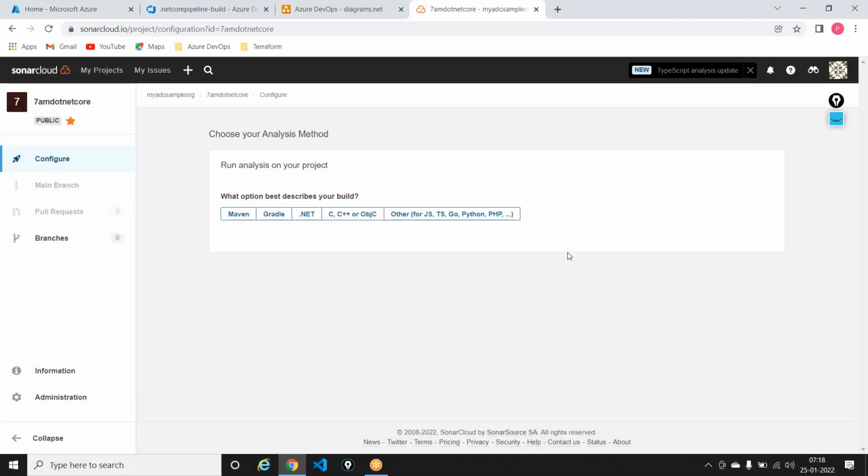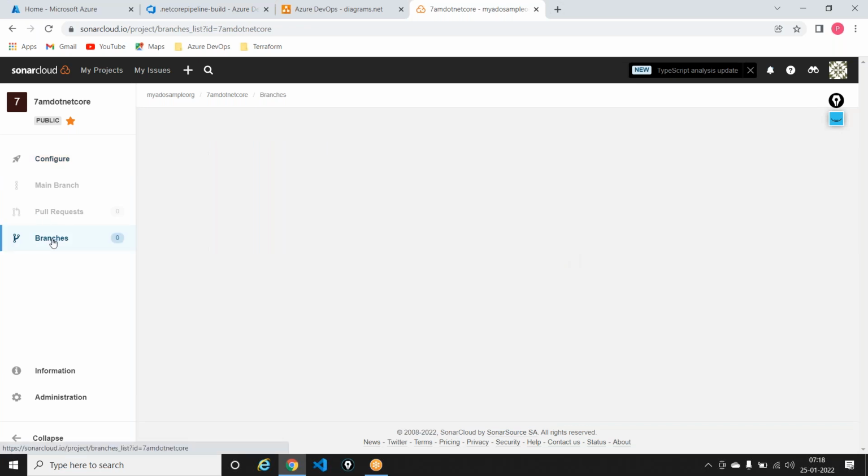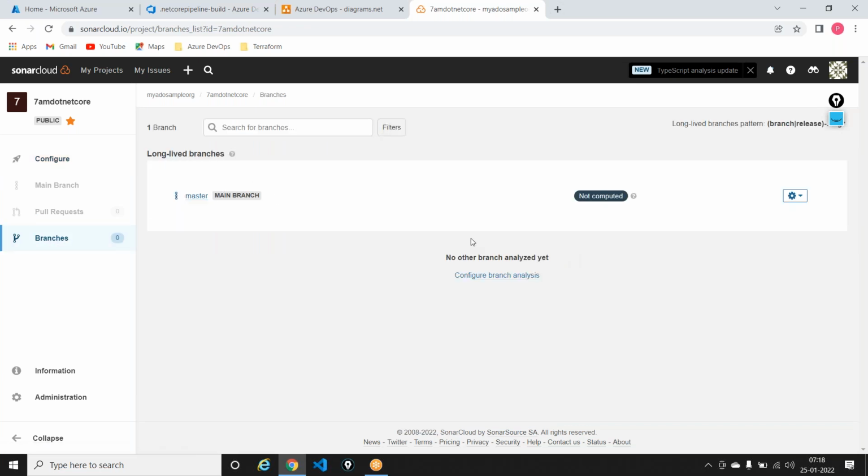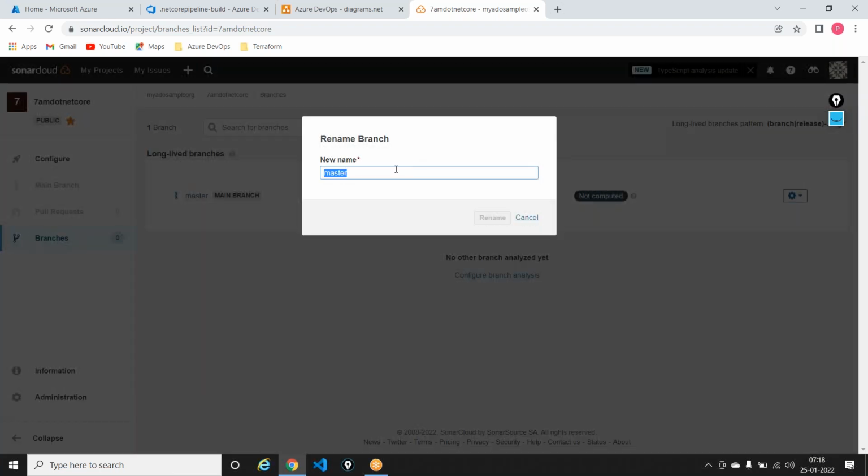Now you have a public project. Now it's telling, okay, fine, the project is ready for analysis. And one final thing that I need to do out here is that I need to come here into something known as branches. And in the branch, the Sonar is trying to analyze the master branch. In my case, I'd like to analyze the develop branch because that's my main branch out here for all my developmental activities. So what I'll do is that click on this gear icon and I'll say rename branch and I'll say develop,